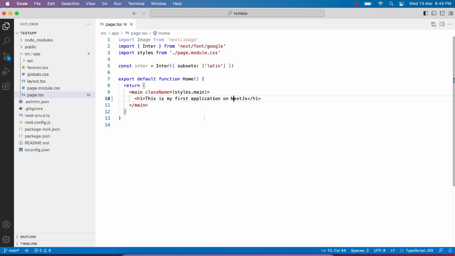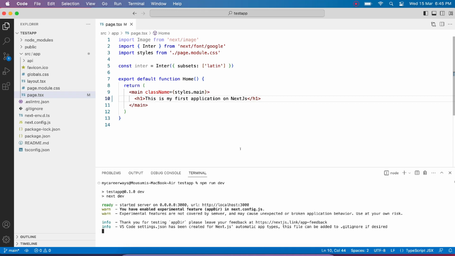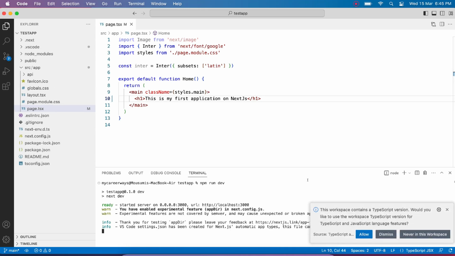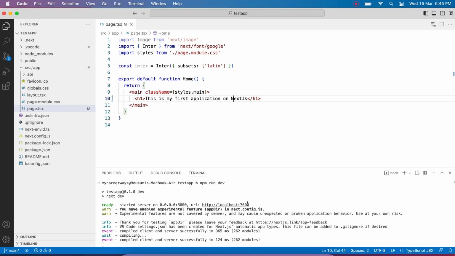So now if you want to run our application, there are many methods to do that. So let's use the common way for doing that. We'll open up the terminal and then simply write npm run dev and press enter. So you will see that automatically it will start running and it will give you the URL as well. So here you can just simply open this URL